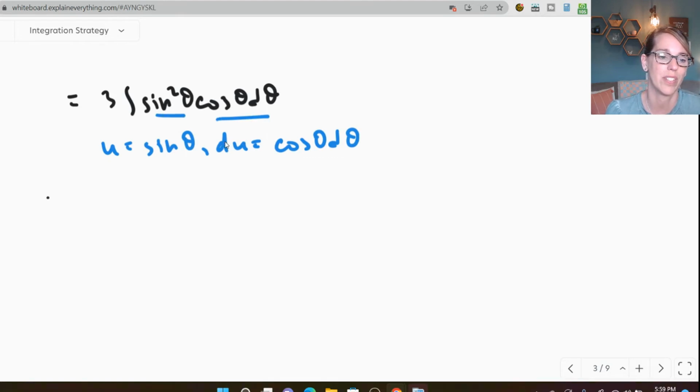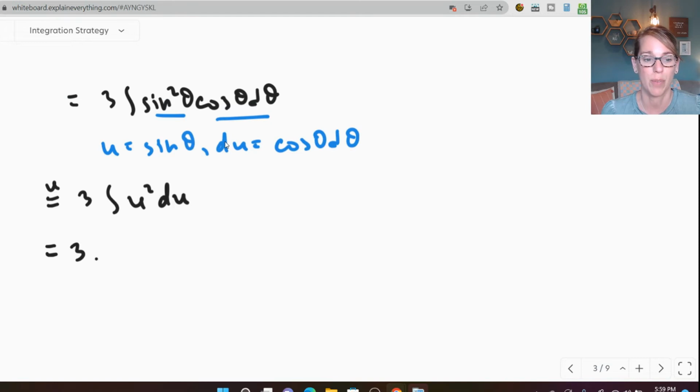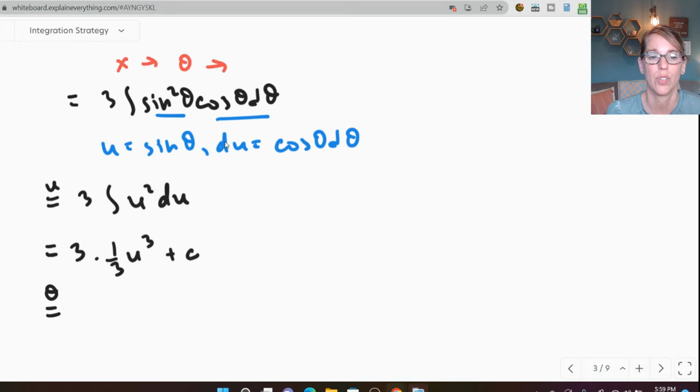So I can rewrite all of this now in terms of u, doing a u substitution, and I have u squared du. Continuing, I can take that integral, 3 from the outside. The power 2 goes up to 3, so I get times 1/3 u cubed plus c. But I can go ahead and put u back in. So I'm going to go back to theta. We had gone from x to theta to u. I'm going to take that first step back and go back to theta. That's where I'm at right now. My 3's cancel. I have u cubed, but u is sine theta. So this is going to be sine theta cubed